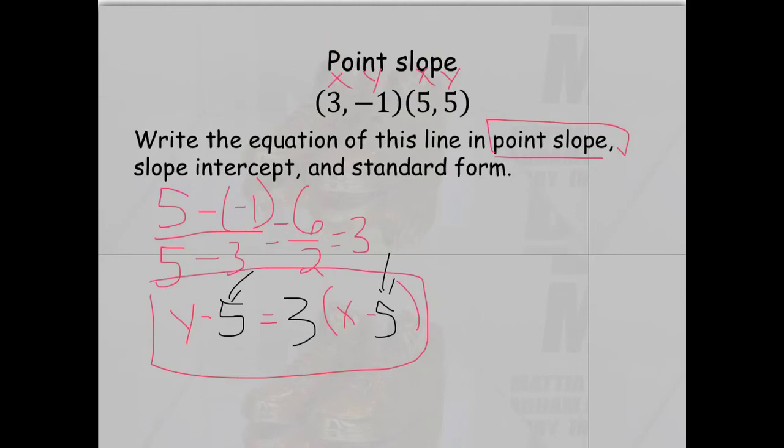All right, so might be a good idea if you got this answer for point slope, hit pause. Now you write that in slope intercept. In case you forgot, slope intercept is y by itself. Y equals mx plus b. Okay? We're back. Or maybe not, but you should really pause it when I say. Now, the first thing you should do, when we're trying to get y by itself, is recognize that right here we have a number outside parentheses, and we can distribute that. So we're going to